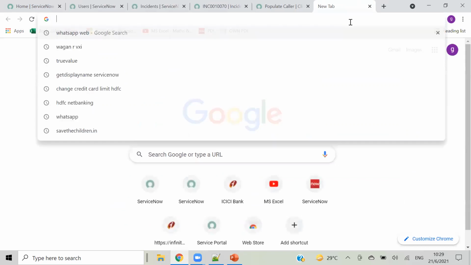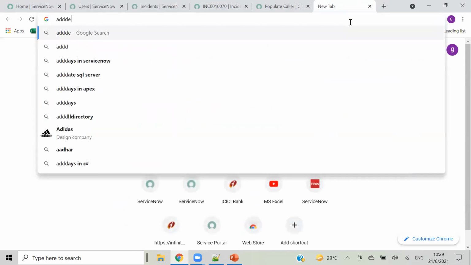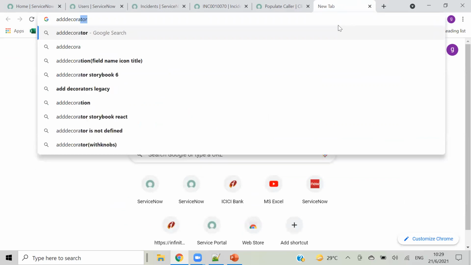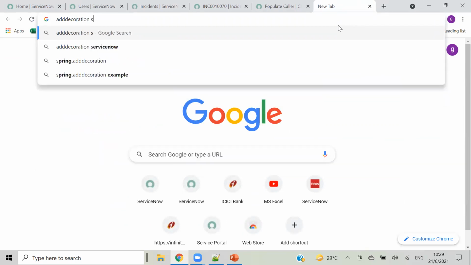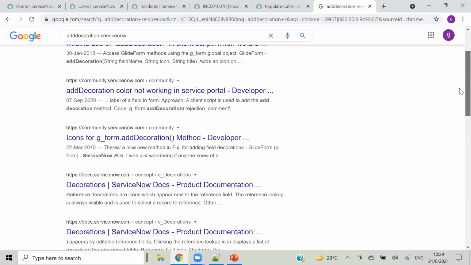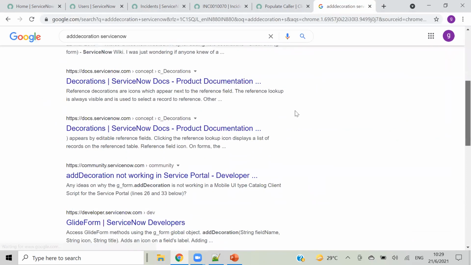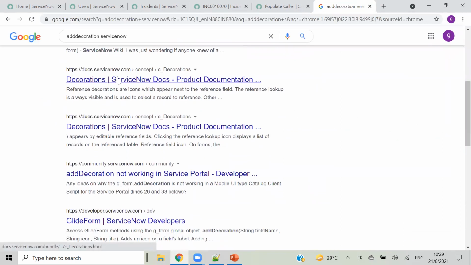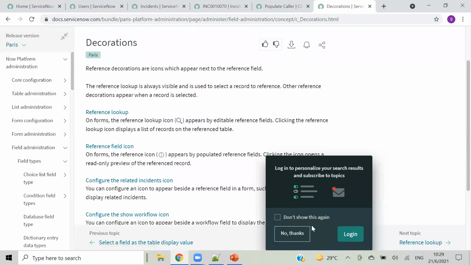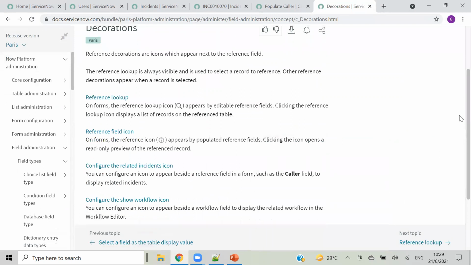And if you want to check addDecoration, you can do that from the ServiceNow documentation. There should be something. Let's see from here. So this is about the decoration field, how you can set decoration.